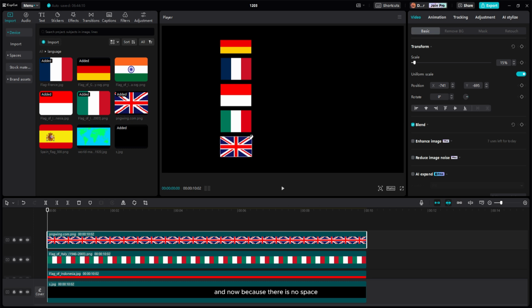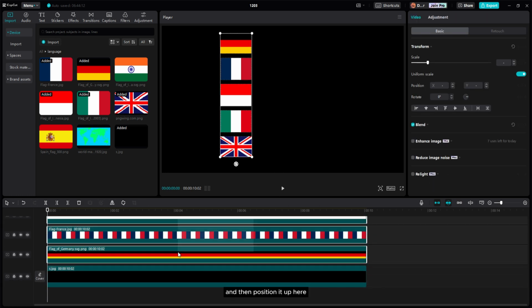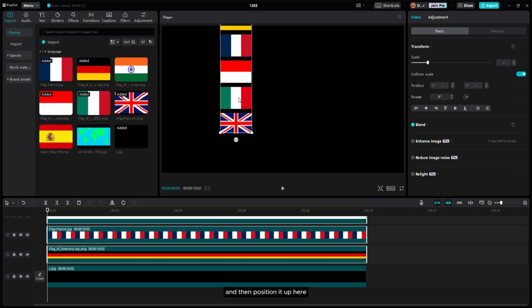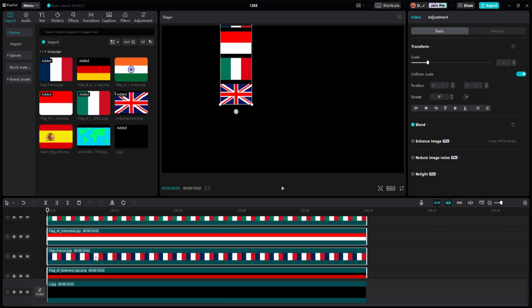And now because there is no space left for the rest of the flags, I'm gonna select all of these flag layers and then position them up here to make space for the rest of the flags.